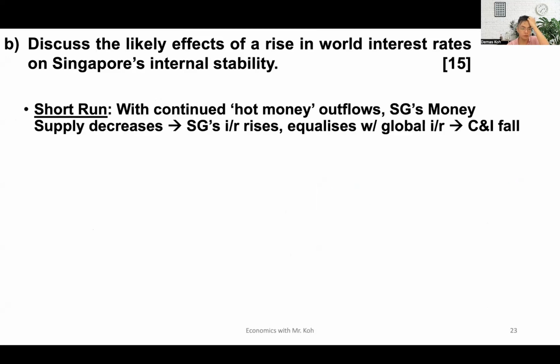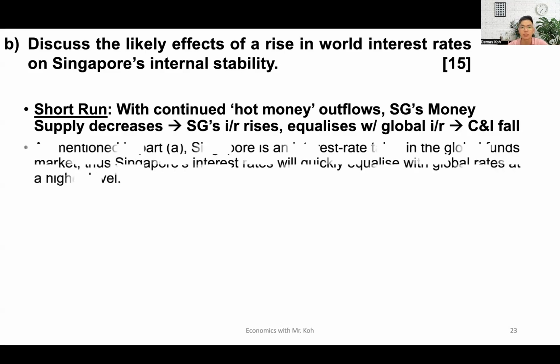Next, in terms of the short run, so that was the very short run, and now I'm going to go over the short run. With continued hot money outflows, Singapore's money supply decreases, leading to a rise in interest rates. And remember, Singapore is an interest rate taker, so this means that it will keep rising until it equalizes with the global rate, first leading to a fall in